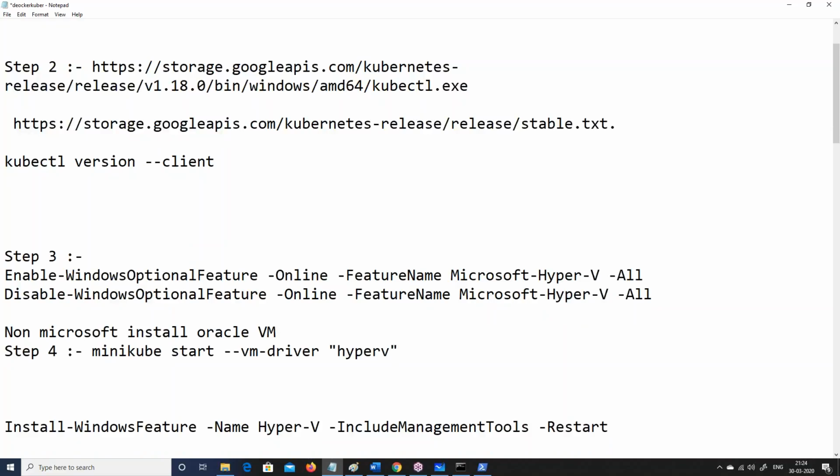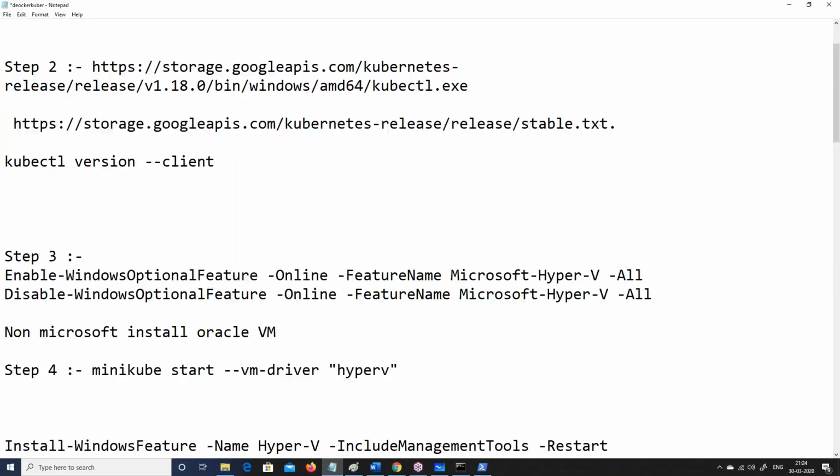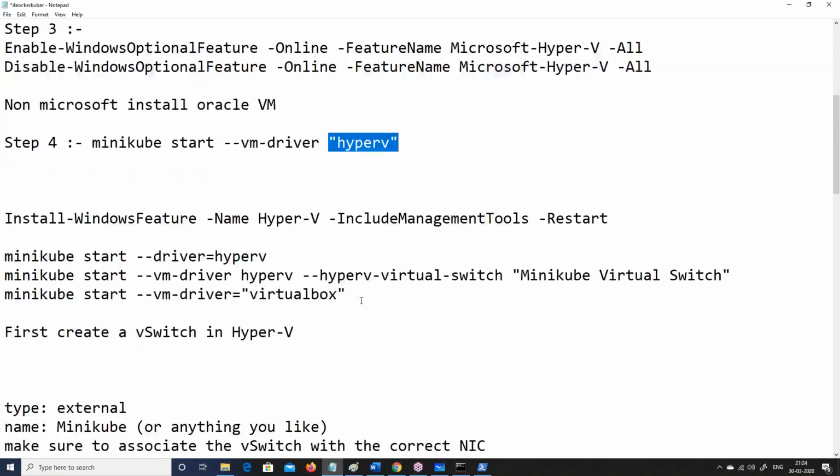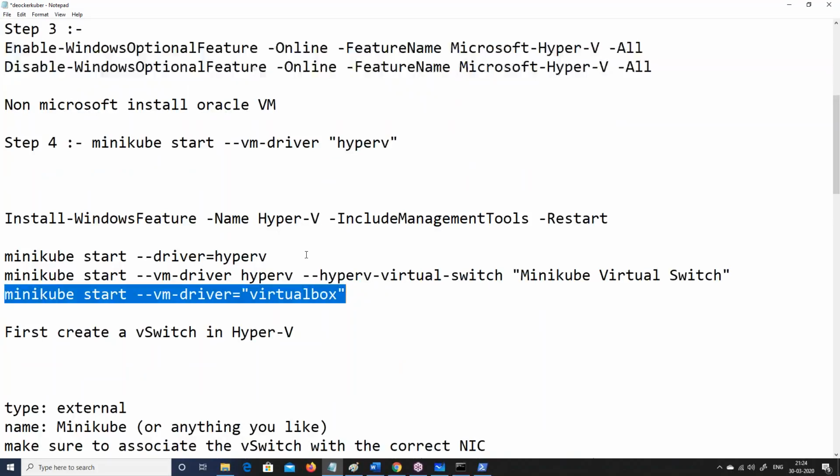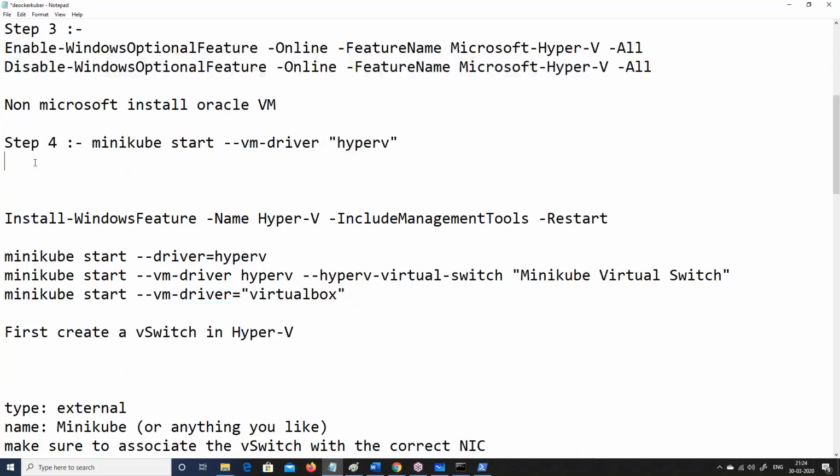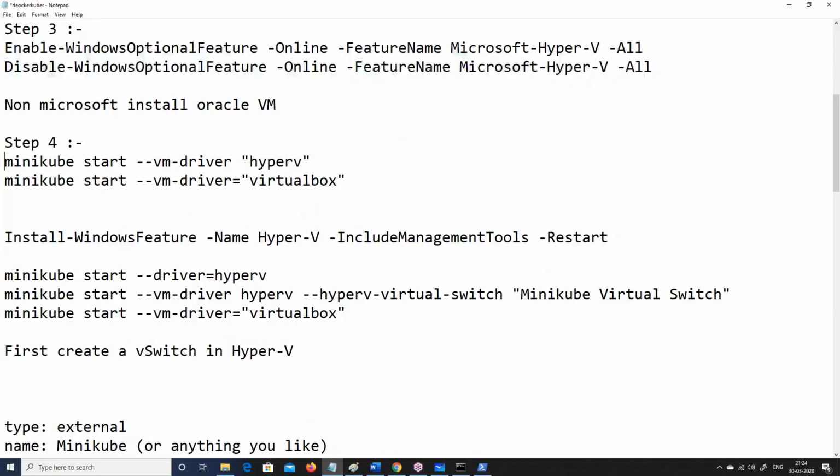This Minikube start, what it does is it says that, okay, I'm going to go and start. I will create one default node either on Hyper-V. In case you don't want to create it on Hyper-V, you can also use this and say create it on the Oracle box. So in case you want to do this, then this will actually go and create on the Oracle box, right? Also, you can use other virtualization technologies as well, right?